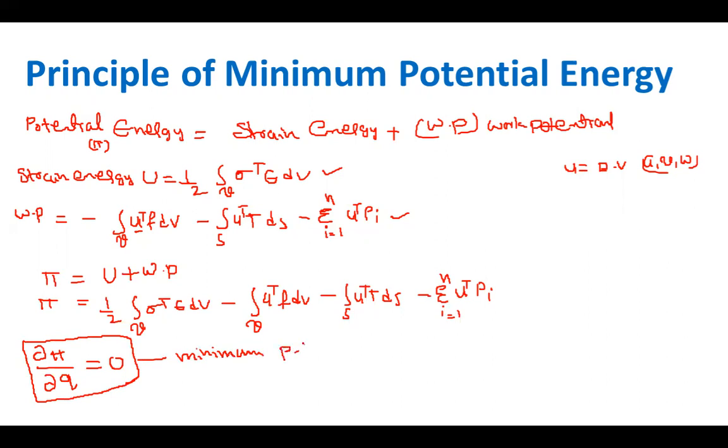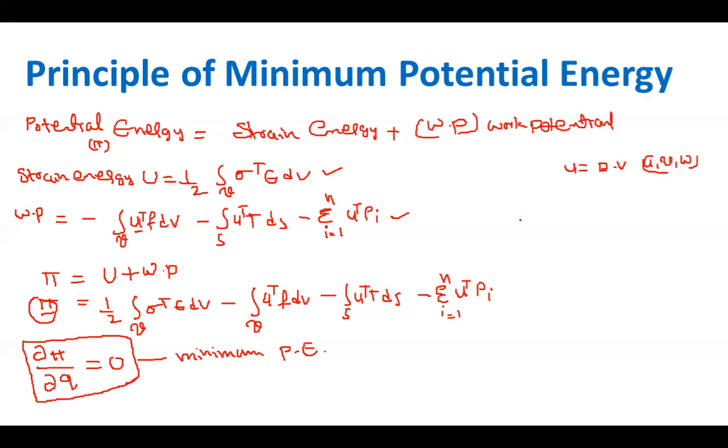Again I am repeating: at this point, you have to write down the potential energy equation. Once you get it, you need to differentiate pi with respect to the variable in the given equation. If one variable is there, you differentiate one time and equate to 0, and you will get only one equation. If two variables are there, you differentiate pi with respect to the first variable and equate to 0, then differentiate pi with respect to the second variable and equate to 0. Therefore, you will get 2 equations.